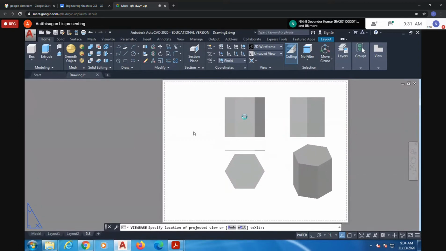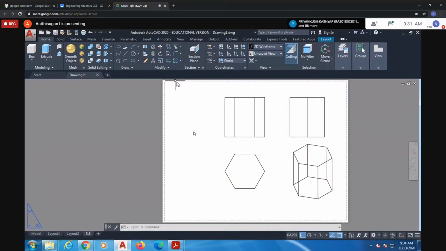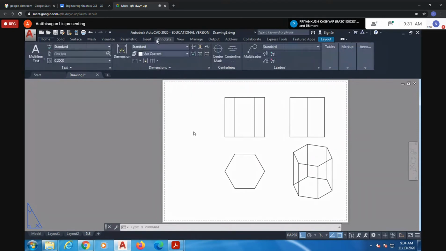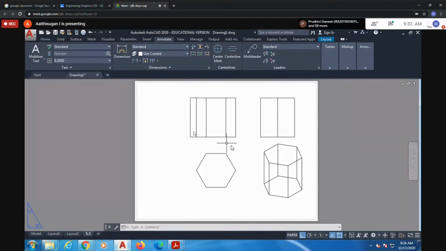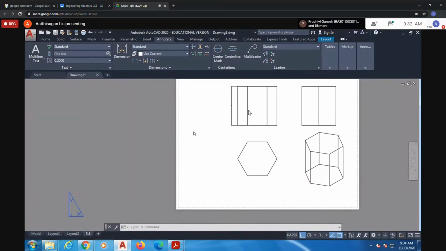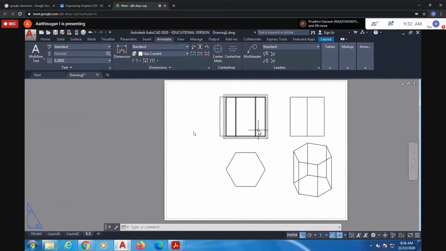Press enter. You want to check the dimension. Suppose again 1:1 properly will come. Otherwise, no problem. Don't worry.